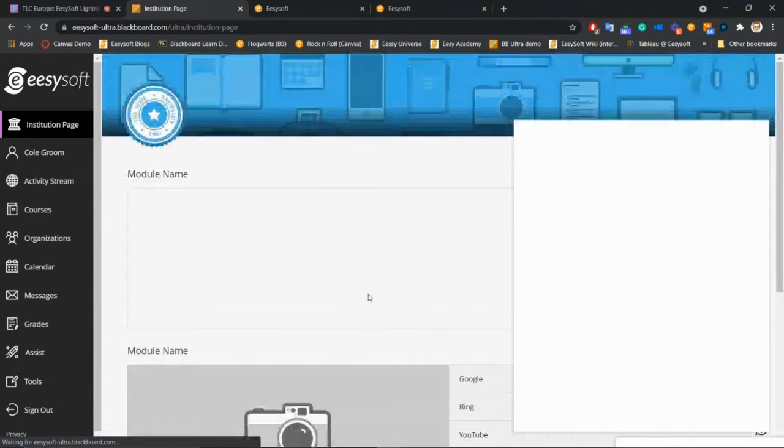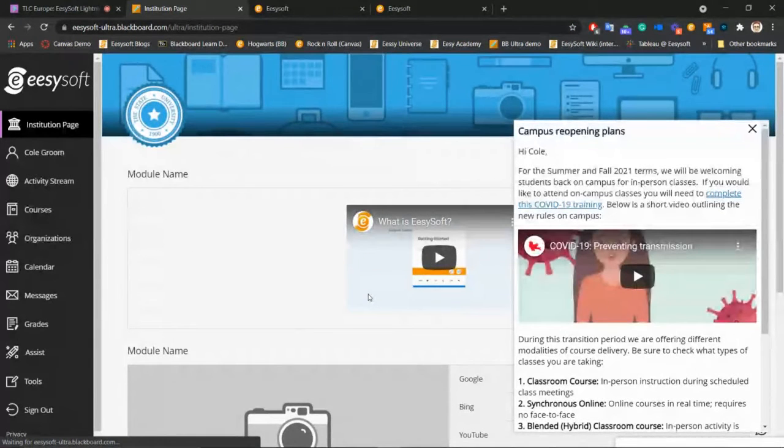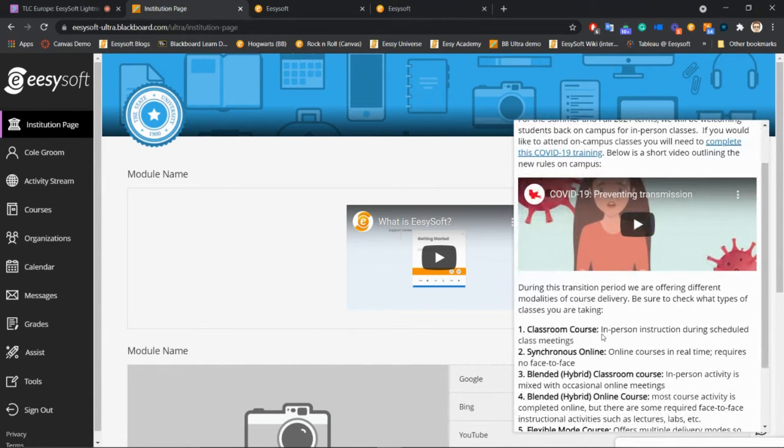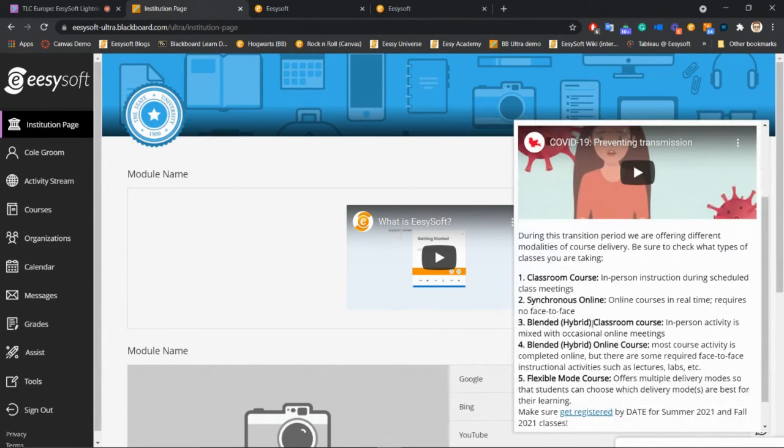But also going into the fall term, a lot of institutions are going to be able to open up and welcome students back on campus again. But there's going to be a lot more rules and regulations with regards to how that's going to be done. So a lot of our customers are also using this messaging to communicate about these campus reopening plans, needs for COVID-19 testing or vaccines on campus, or even using them to clarify the different types of module or course modality